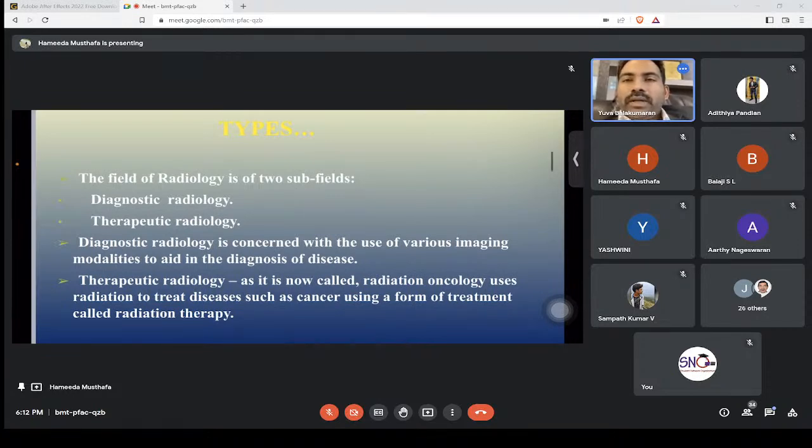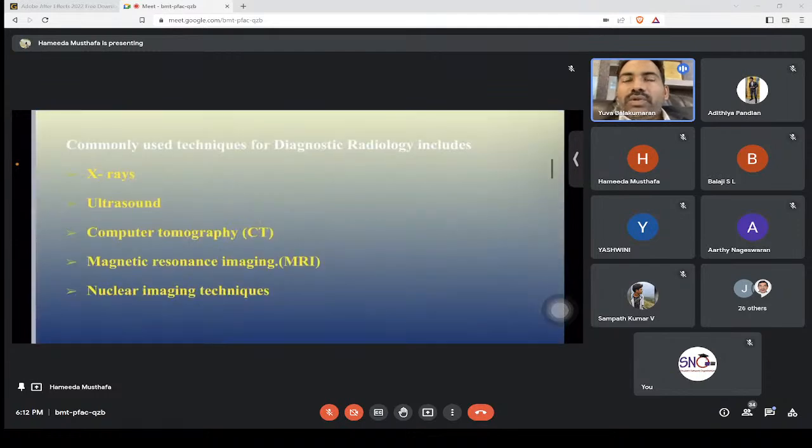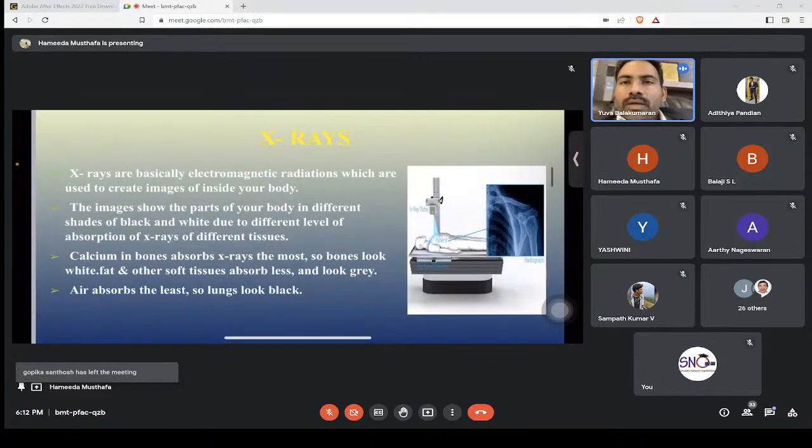So one is diagnosis and one is therapeutic. Now we are going to see about diagnostic radiology. Commonly used techniques are X-rays, ultrasound, CT, MRI, and nuclear imaging techniques. We will see the uses of everything later. Now we'll go to X-rays. Okay, X-rays are basically electromagnetic radiation, which are